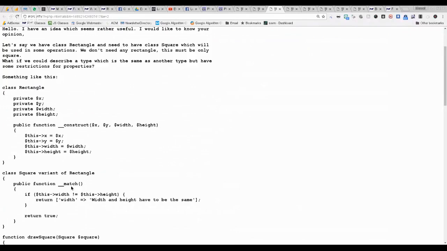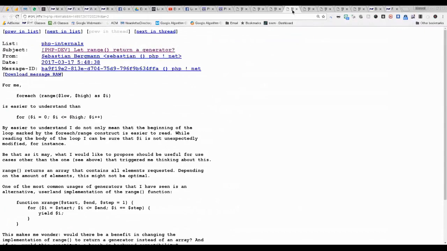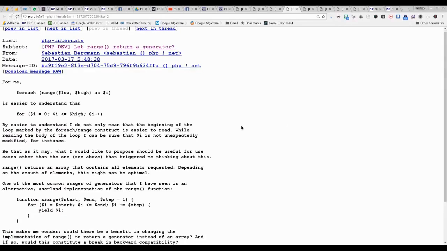Next, we have a proposal here to have a variant of the range function that will act like a generator. Generators are those things that are a bit abstract to explain, but basically they return sequences of values that would allow you to treat those sequences as if they were arrays being iterated. Okay, we'll get back to this to explain it better